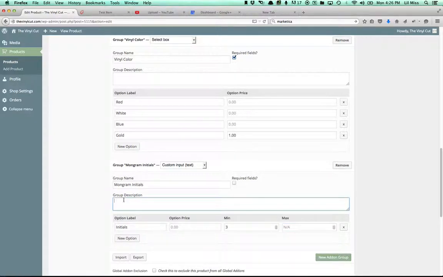A nice thing that you could do for group description, a lot of customers with monograms often get confused as to what the order is. So you can just place first name, middle name, and last. Now, this probably will happen where customers will still get this wrong, so it may be best that